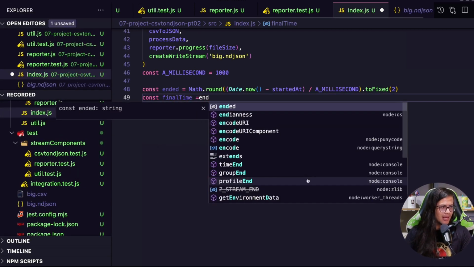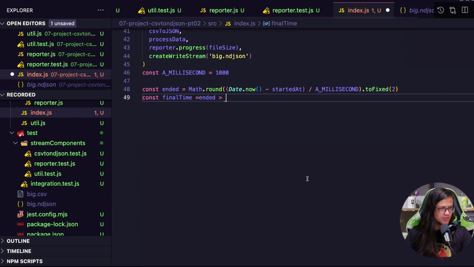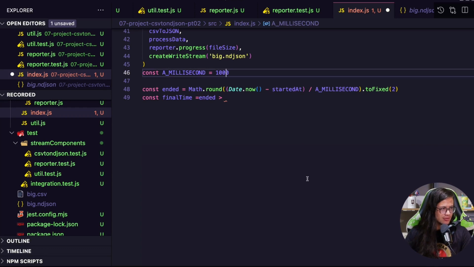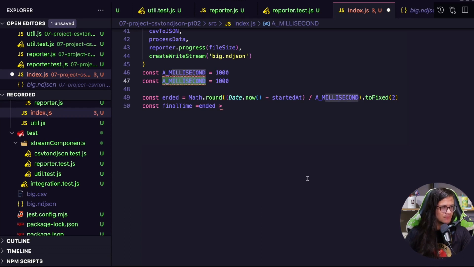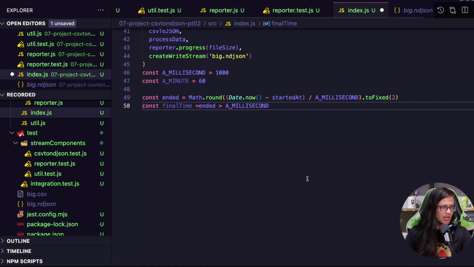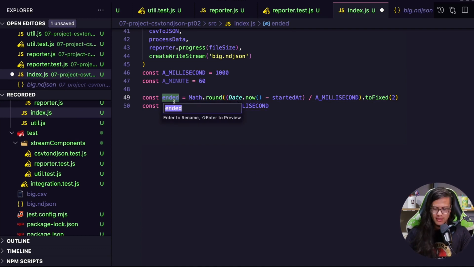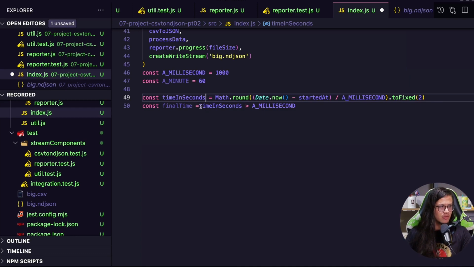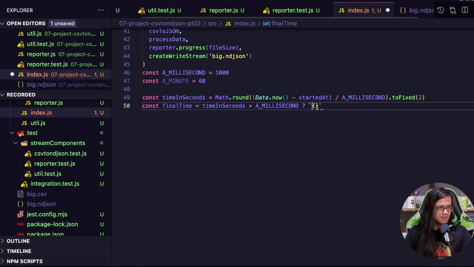Nice. So our final time is going to be, if the time that was processed is higher than a minute, so let's create a minute also. A minute is actually 60 seconds, okay? Here I'll put time in seconds, so you can understand what it is. So if the seconds is bigger than 60, it's 60 seconds, I will actually say that